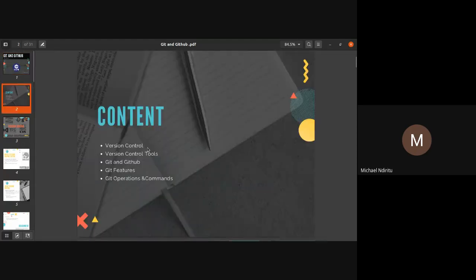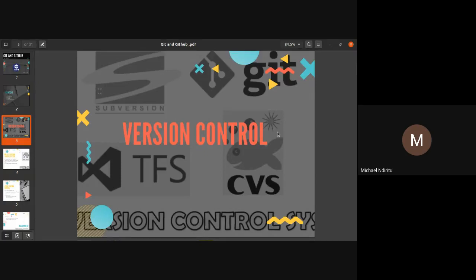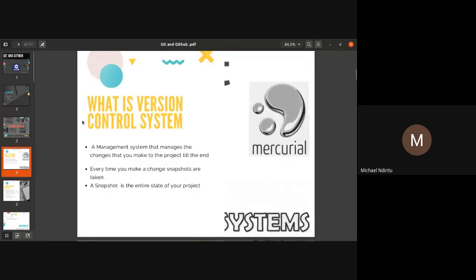So let's go. These are the things we'll be going over today: version control, the tools, Git and GitHub, everything. Yes. So as I had earlier asked, who has a GitHub account? Yes, James, you have raised your hand. So as we are going through this presentation, I would recommend all of you to create one so that when it comes to the practical bit, everybody can follow what's going on practically.